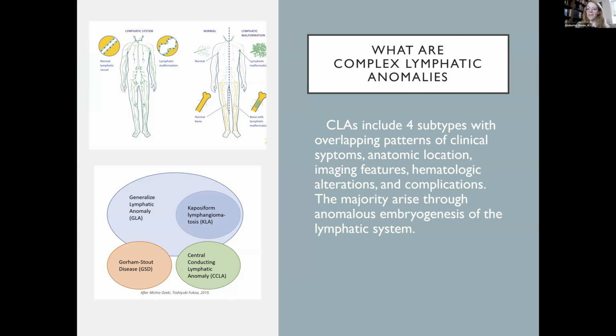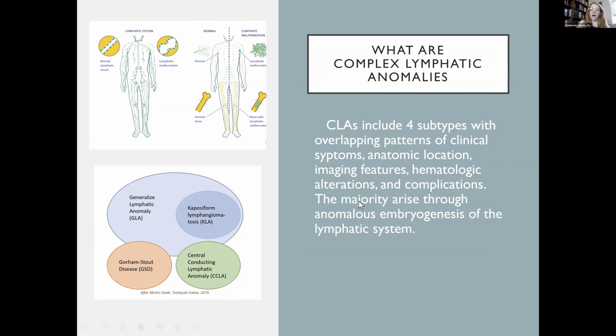For those of you who have attended the pre-conference series, you've seen this slide, but for those who have not, just to go over again what complex lymphatic anomalies are and what the LGDA is representing. It's a group of 4 subtypes that overlap in their patterns of clinical symptoms, anatomic location, imaging features, and the blood alterations. That's hematologic alterations and complications. And over here, you see the overlapping groups that are included: generalized lymphatic anomaly, Kaposiform lymphangiomatosis, Gorham-Stout's disease, and central